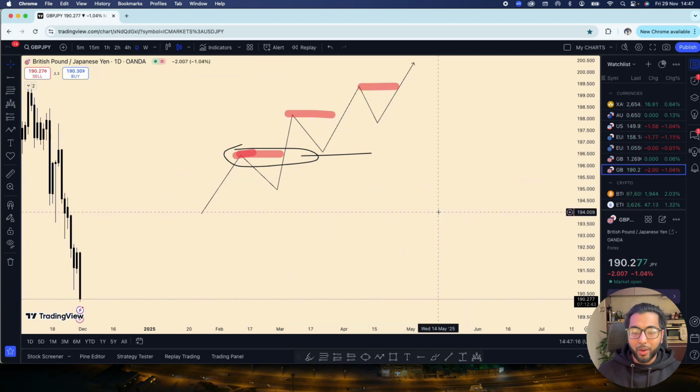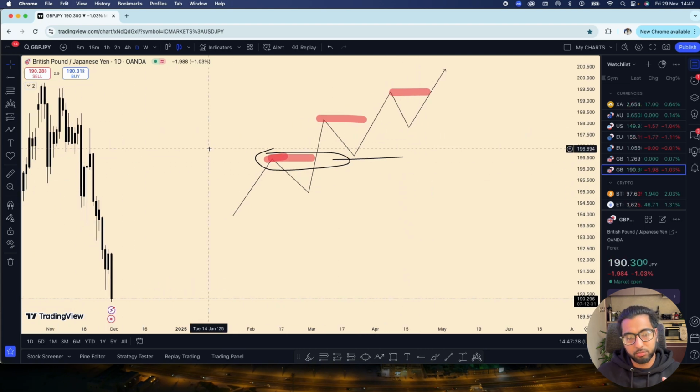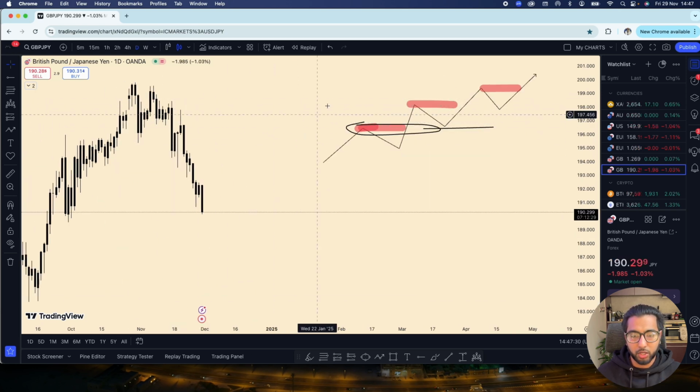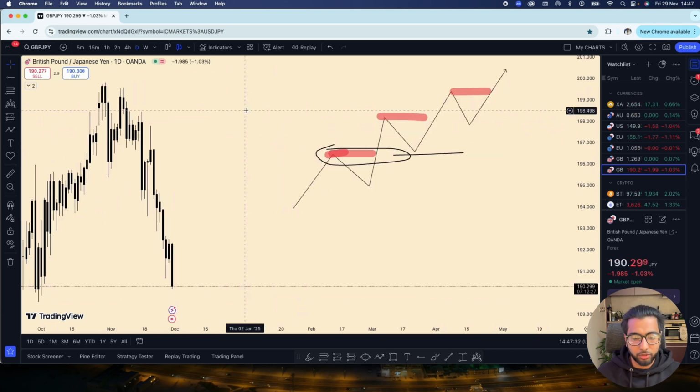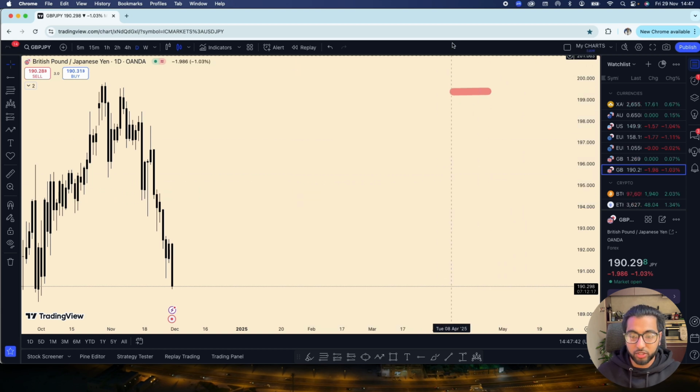And the way I look at liquidity is they're like magnets, guys. They're like magnets to price, and they're very similar to key levels. And you're going to notice this. I'm going to draw out some key levels, or some liquidity zones, or highs and lows, and then we're going to find out which ones liquidity sweeps and which ones are close to our key levels. We're going to go through that so I can actually show you guys.